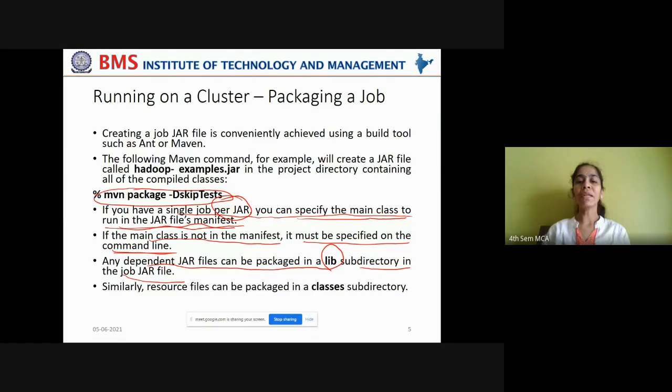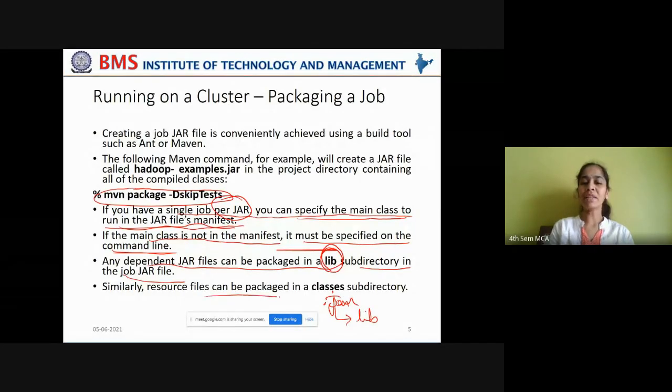So, if you have any dependent Java archive files, if there are any dependencies in order to run the job that is developed in a Maven environment or in an Ant environment, then those dependencies have to be packaged in a lib subdirectory in the job jar file. So if you have a main.jar file, in that you have to create a subdirectory with the name lib in order to add any dependencies for the jar file.